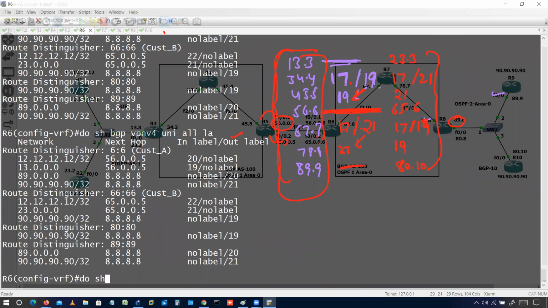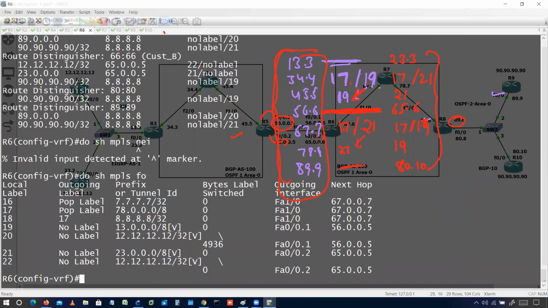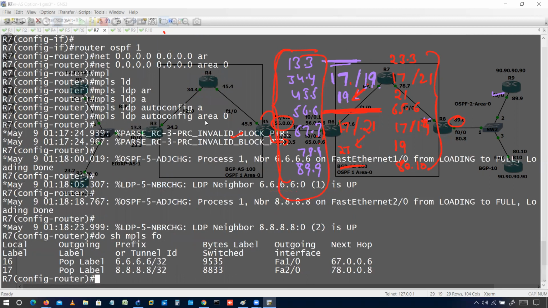I'll go to R6 and do show MPLS neighbor. To reach 8.8.8, learning label 17, fine. Do show IP route. To reach 8, 67.6, all good.